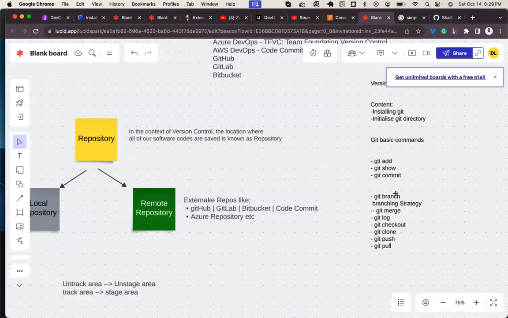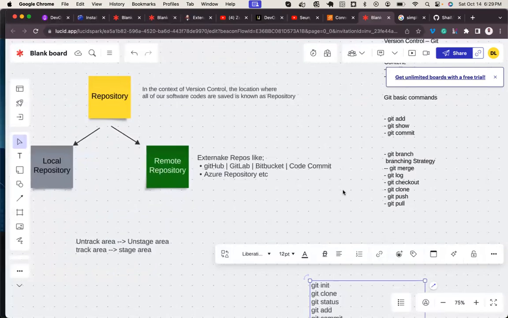All right. So let's now look at branching. Let's talk about branching before we talk about branching strategies.